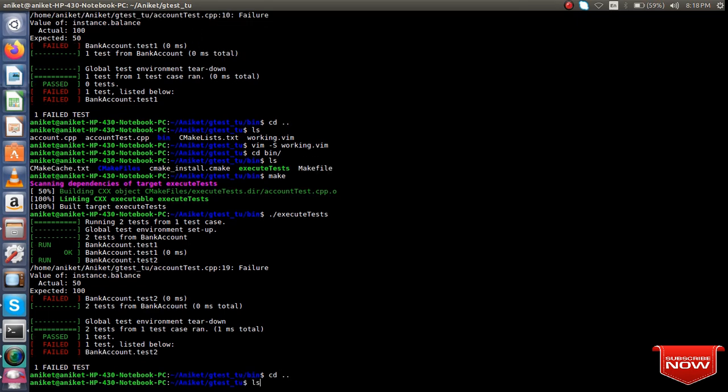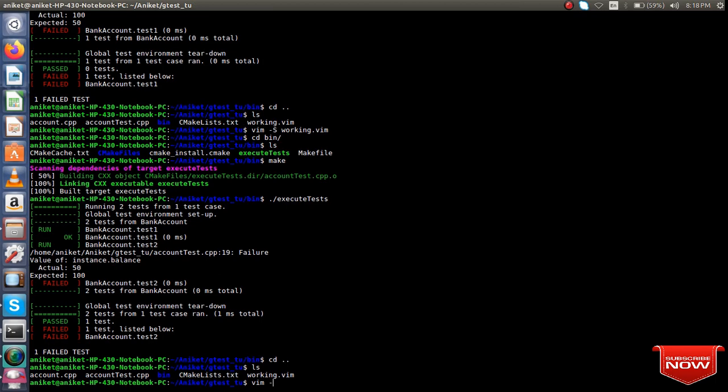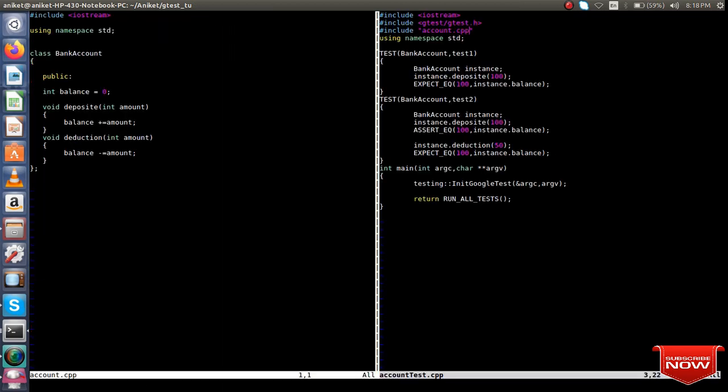So let's go one directory back, open my session. Now if you see here, test case 1 is getting passed because whatever value we are expecting is equal to whatever value we are returning in the balance variable. But in test case 2, we are depositing 100 rupees, and okay, before that let me show you this.